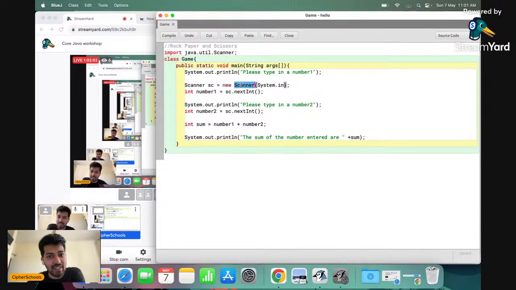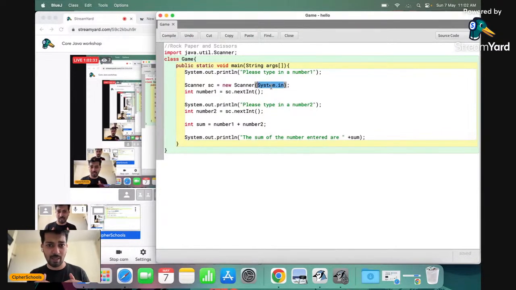And then I'm rewriting the scanner again. So this is also a concept of constructor, which is something that we would study very later. But we are writing the scanner class again, and then over here we are writing System.in. So System.in is kind of like an instruction being given to be able to take input from the system through your keyboard, right?